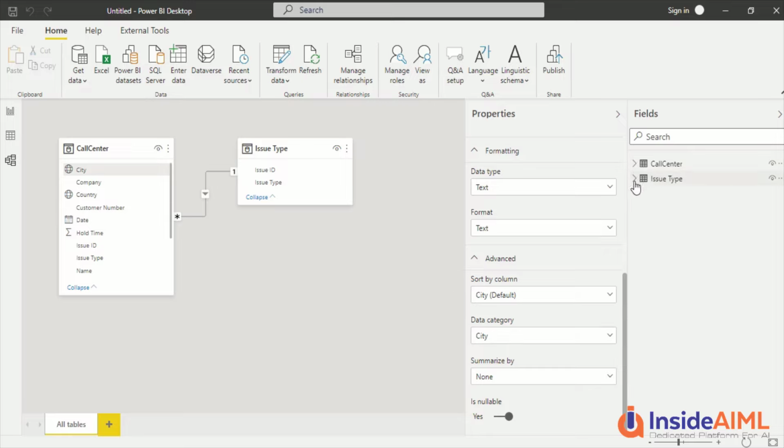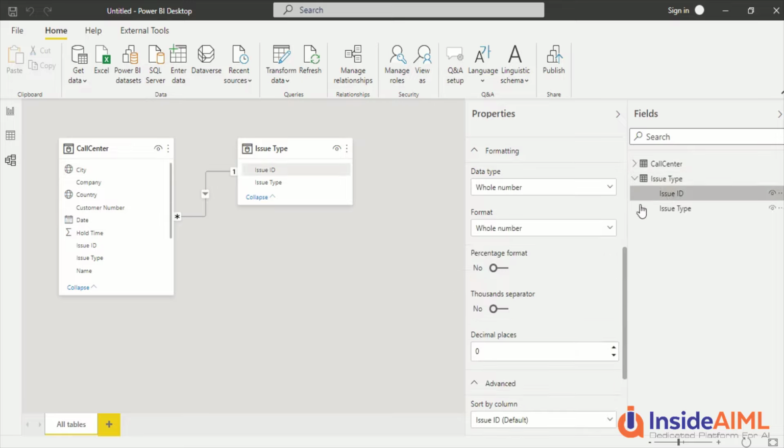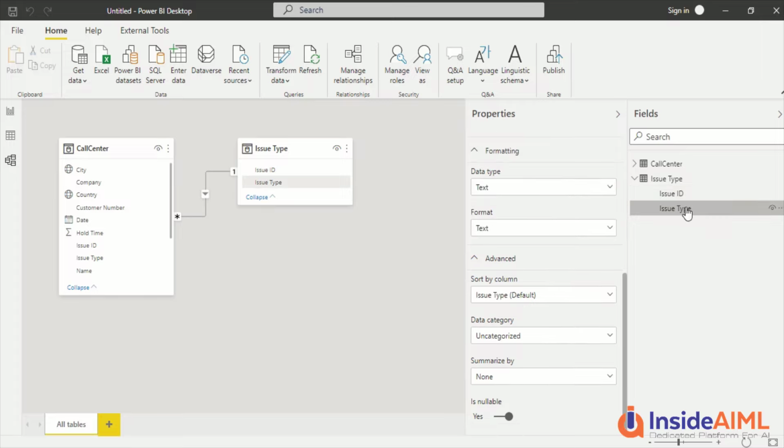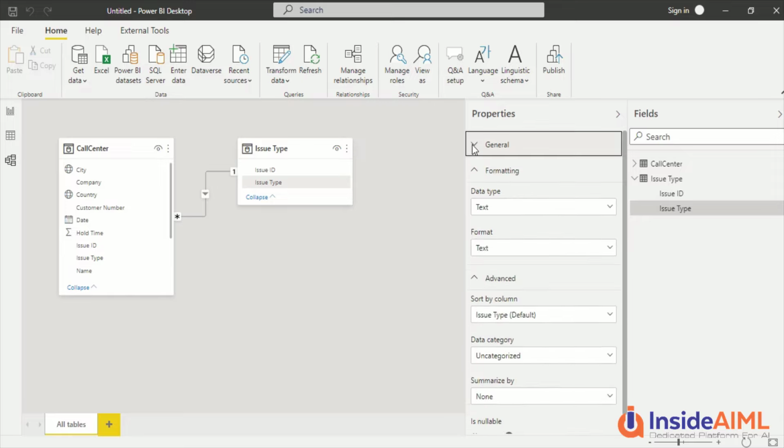So this is there, and then issue type, let's check out issue type: whole number, and we wanted it uncategorized, we don't want summarization. Issue type again is the same. So everything is fine with these two tables. Now